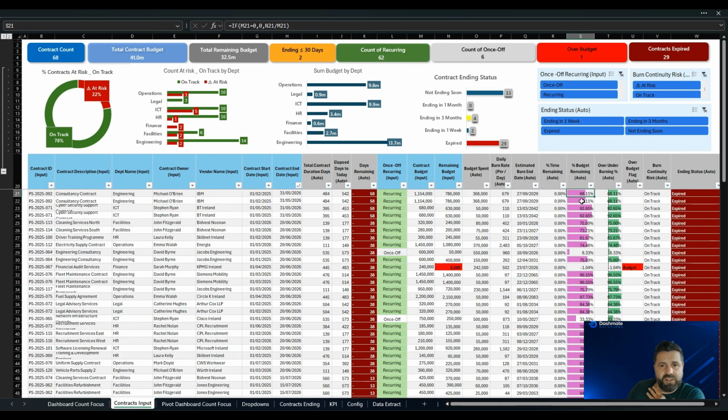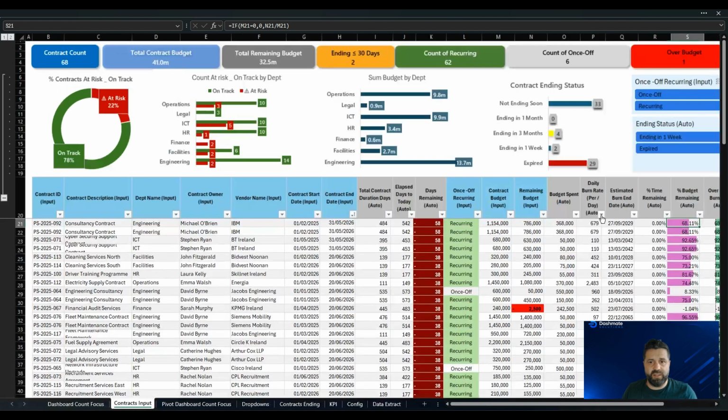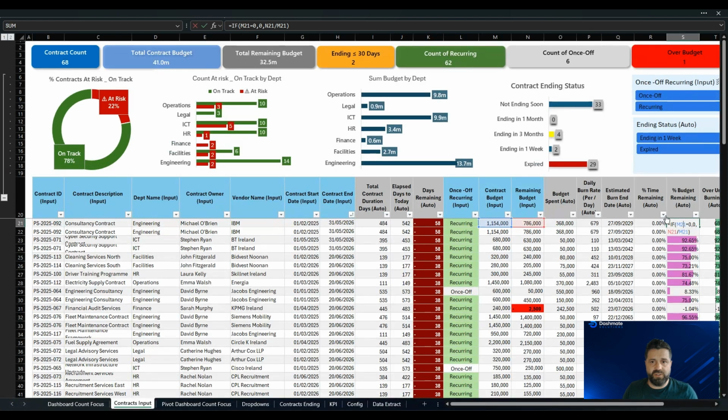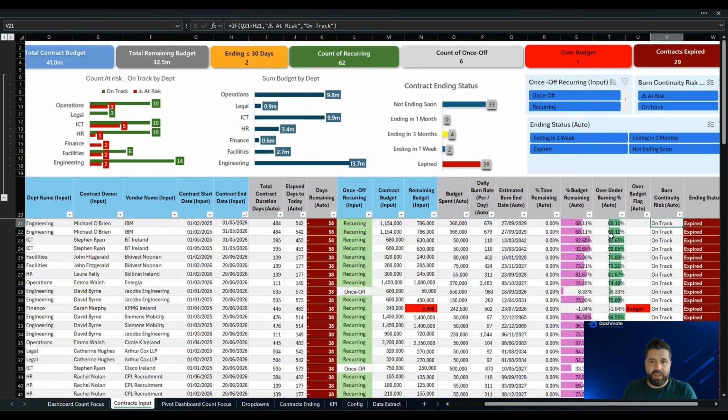Then over here you can see some conditional formatting. So percentage budget here of this particular row is 68.11. Hope you can see that. So double click on that, you can just see what's remaining. So it's the contract budget minus the remaining. So that's just a percentage there. And you can see here is an overspend in this particular instance. Okay,